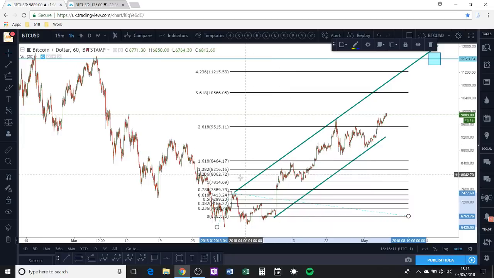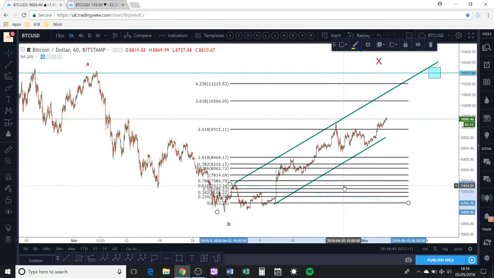Basically what I did, I drew a trend line from here, through this point, and then extrapolated it onwards, and then I drew a parallel line, and you can see that wave 4 tested this line perfectly. So you draw the channel from where wave 2 finished, and that's how you can predict where wave 4 will come to, and it's hit it very nicely, which is why I think this is looking like a 1, 2, 3, 4, and then 5 is going to come up to around here.